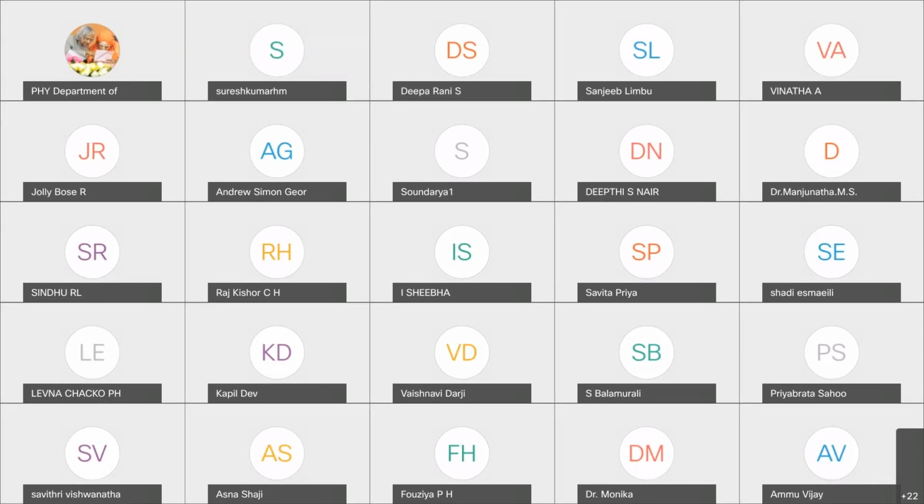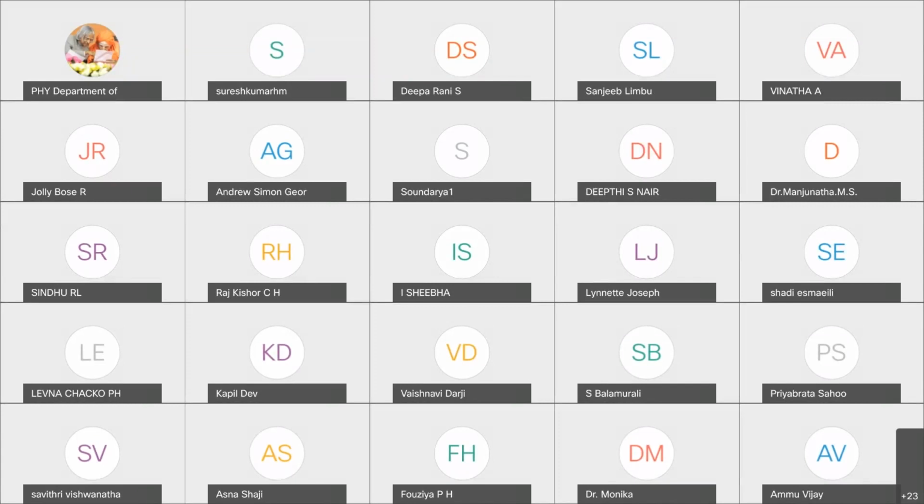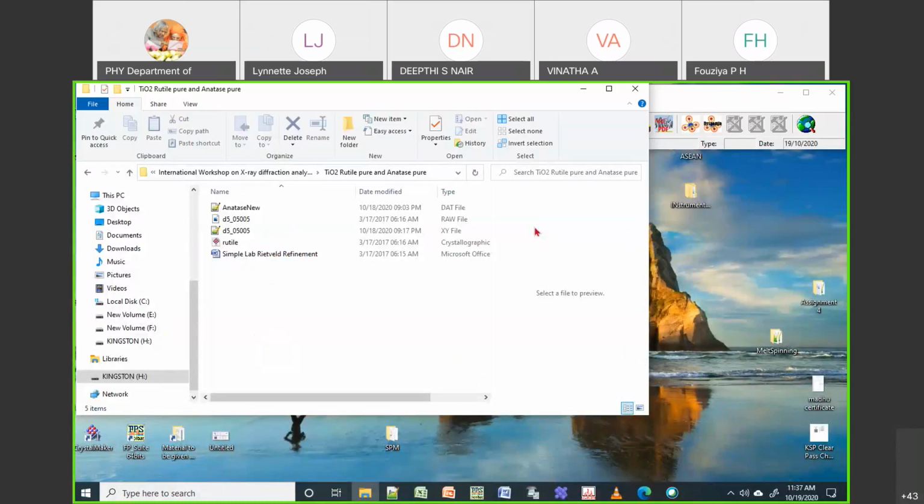Okay, so I think I have sent this data for you. Now first I will do it for NaCl. This is a very simple example. Then I will try to do it for one of the multi-phase samples, maybe the one I sent yesterday, and also maybe we can do it for anatase or rutile. There are different ways of getting your PCR file. So let us do the very traditional way, where we create our own PCR.